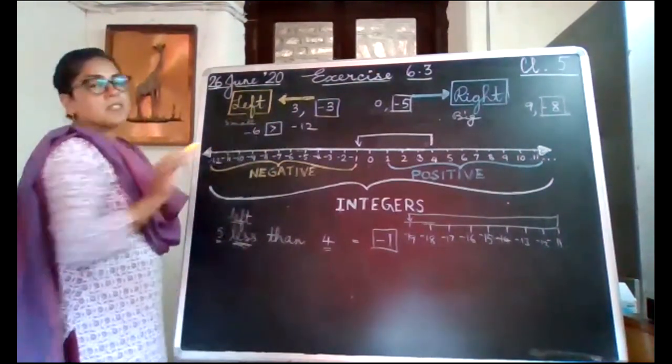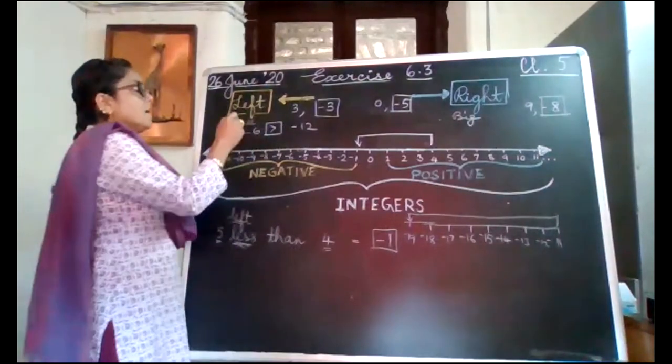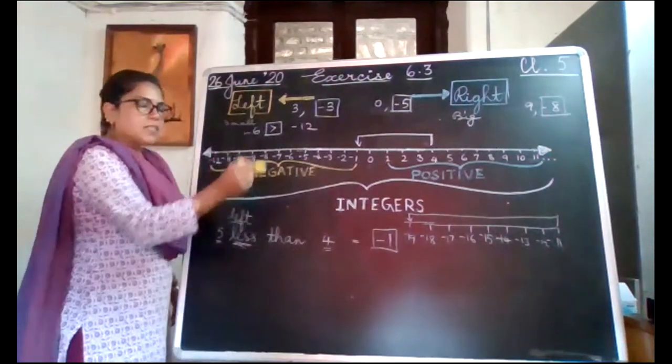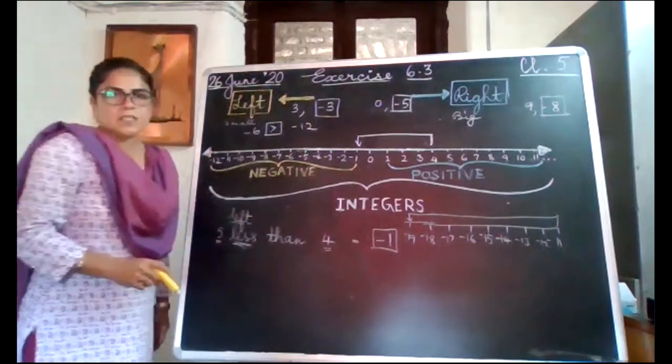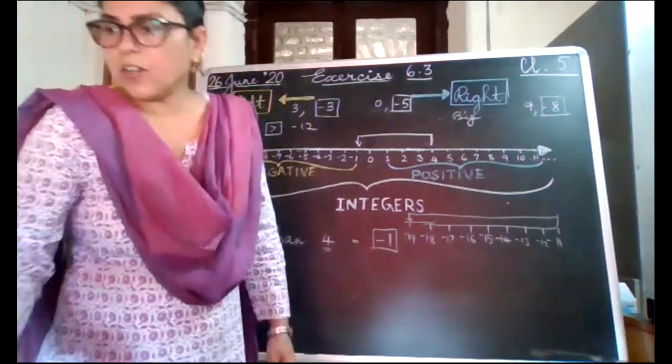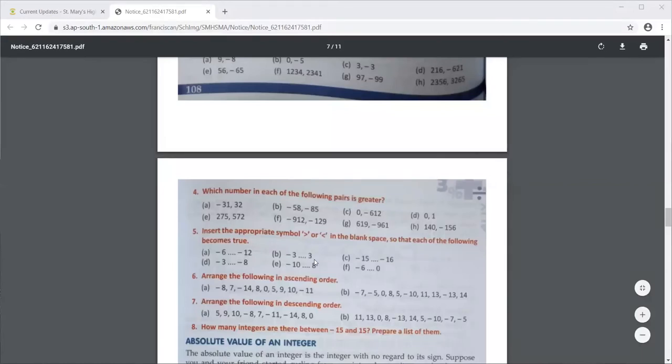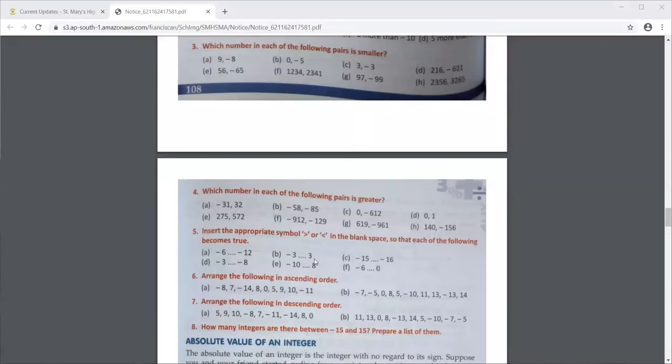Okay, you are not telling which of the two is greater or smaller. You have to tell whether the first number is greater than the second number or whether the first number is less than the second number. That's how you have to do this particular question. All negative integers will be less than positive integers because all negative integers come to the left of the positive integers. So obviously minus 3 will be less than this 3. So here you have to simply put a less than symbol. Now this is greater than and this is less than. Okay, similarly you'll do the remaining.